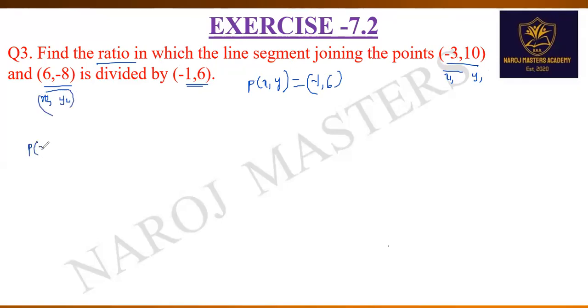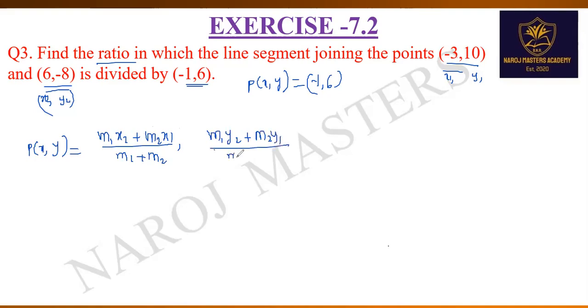P of x comma y is equal to (m1 x2 plus m2 x1) by (m1 plus m2), comma (m1 y2 plus m2 y1) by (m1 plus m2). Okay, now here m1 and m2 we need to find. Now substitute P of x comma y as (-1, 6)